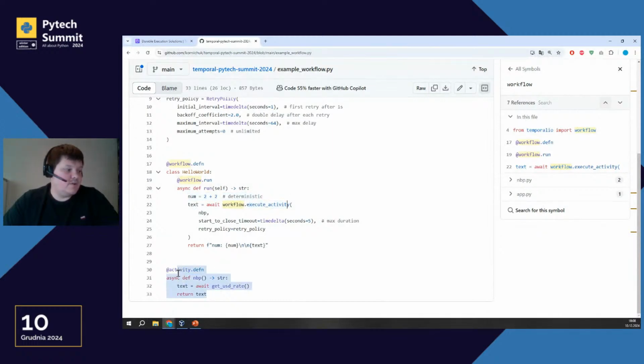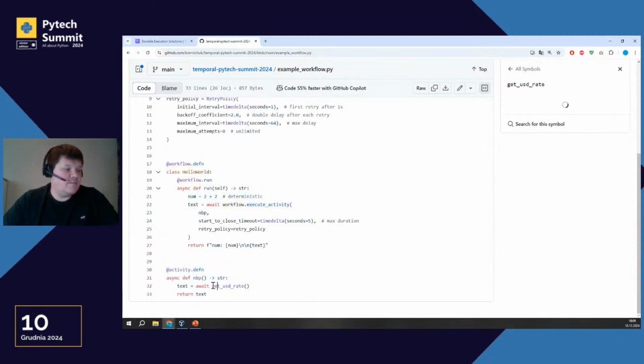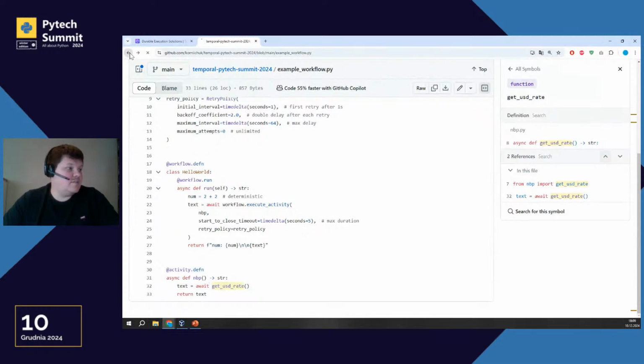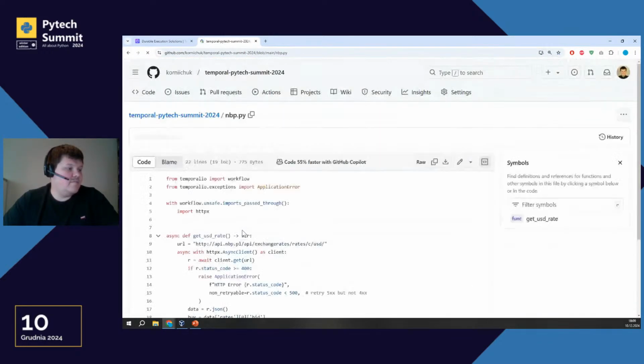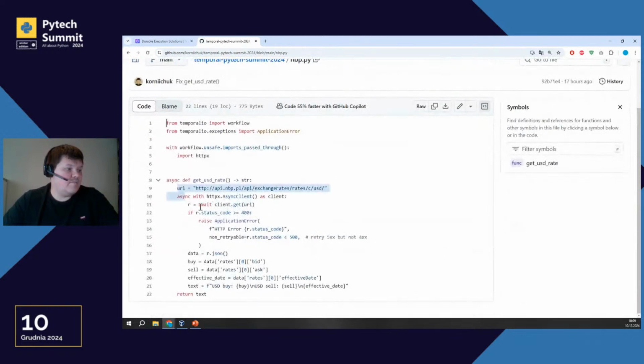And here you can see the code of our activity. We will get the USD rate. It comes from our nbp.py file. We will execute this code, send a GET request to this endpoint, collect information about the buy rate, sell rate, and effective day, and just return this result.